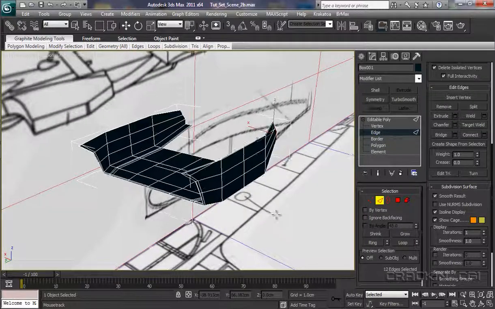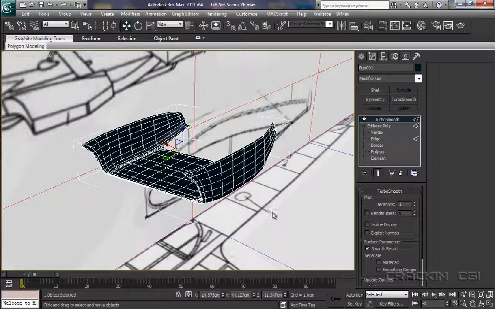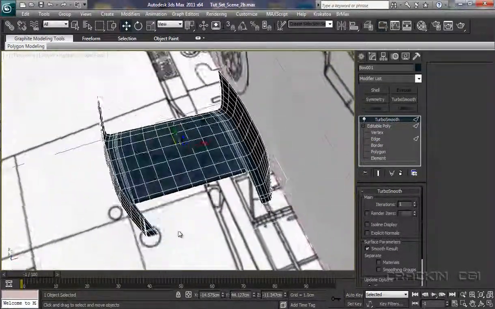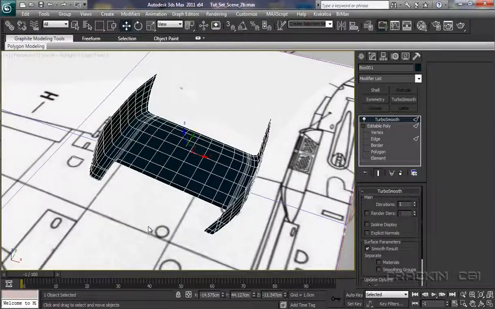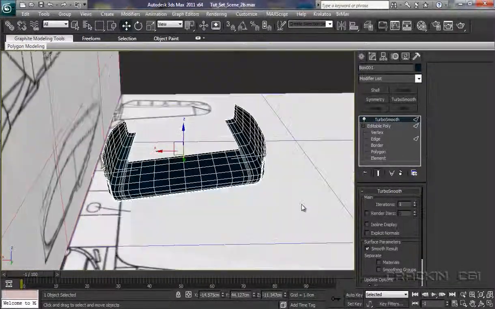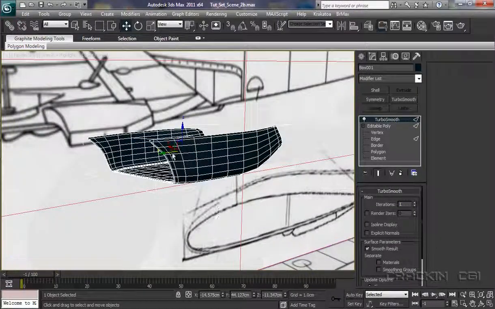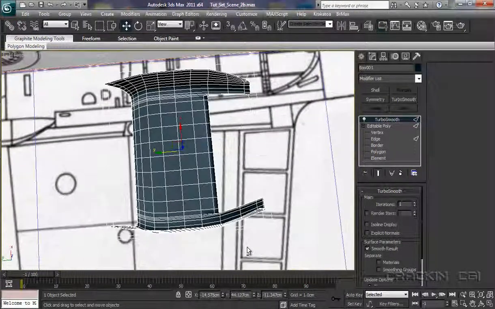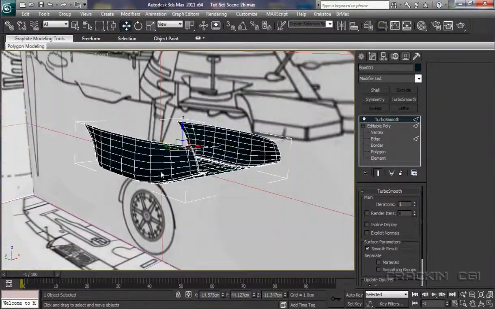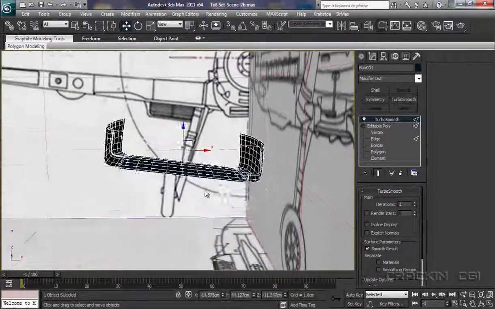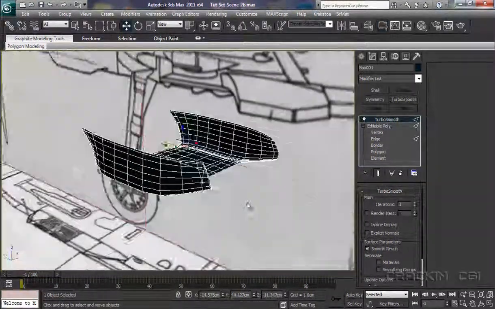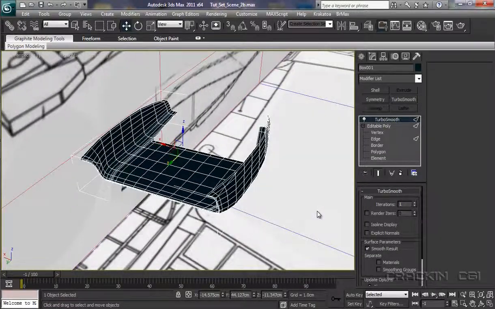Okay, what I'm going to do now is just apply a temporary turbo smooth to see how this is working out. That's working out quite nicely. It's got that nice profile there, and here at the back. Yep, that's coming on lovely. Okay, let's delete that